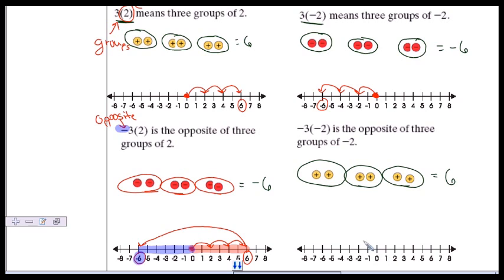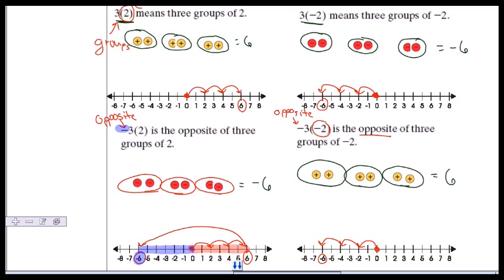And the model with the number lines is going to be just like we did before, where we start at 0. And just like this one up here, we're going to go to the left twice because of this number right here. This tells us which direction we go. So we're going to go left once, twice, and 3 times. Now I'm going to take care of this symbol, which is not a -3 but the opposite. Remember, we read that as the opposite of 3 groups. So in this case, it's going to be the opposite of 3 jumps to the left, which ended up at